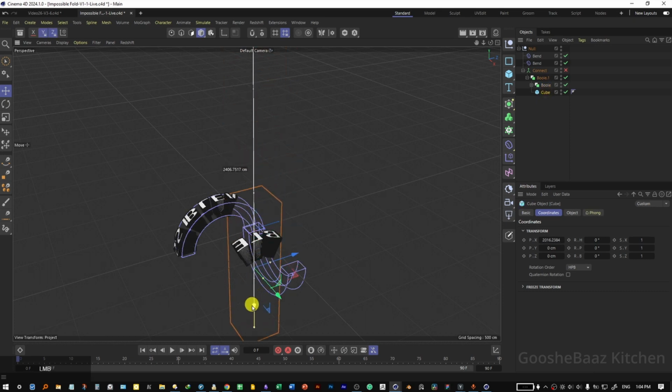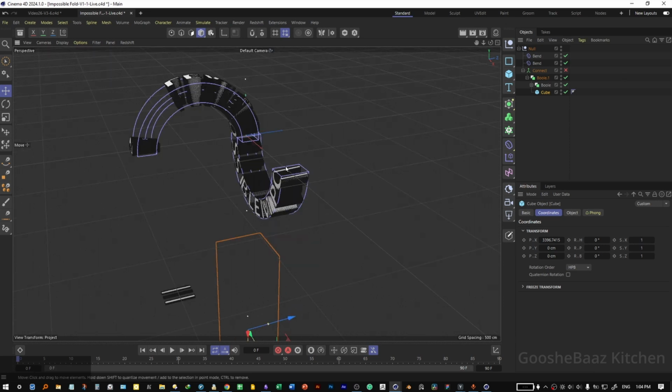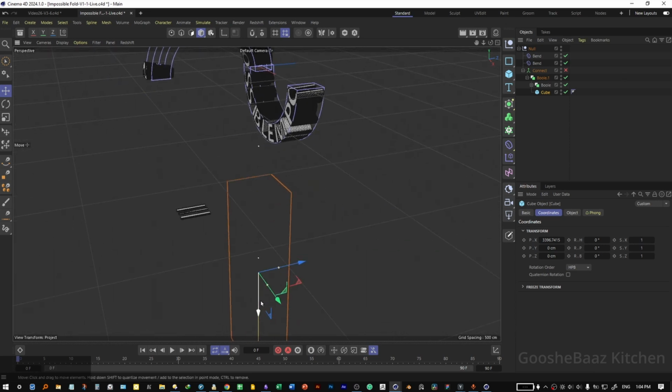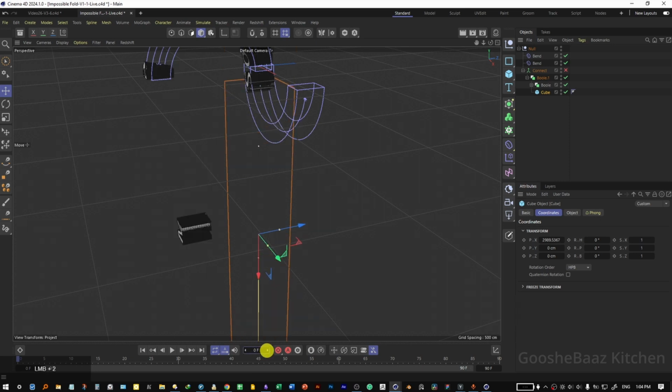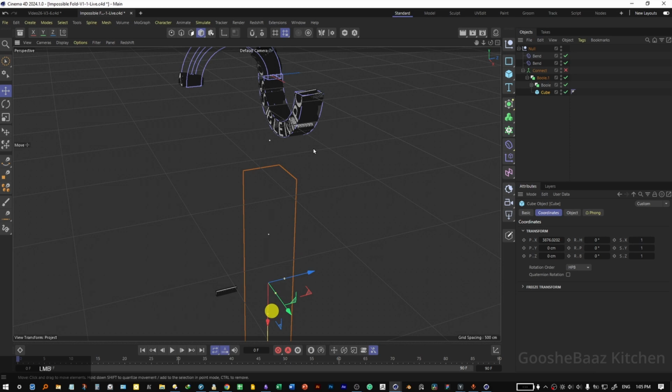Also select the second cube. We need to move it way down until it goes here. Now you can see when I move this second cube, it's removing this part of the text. You can see the effect here. Also it seems I need to make this cube much longer. So make it longer. I think this much is okay. Push it down until you see the edge of the text and the edge of the bend deformer to be the same